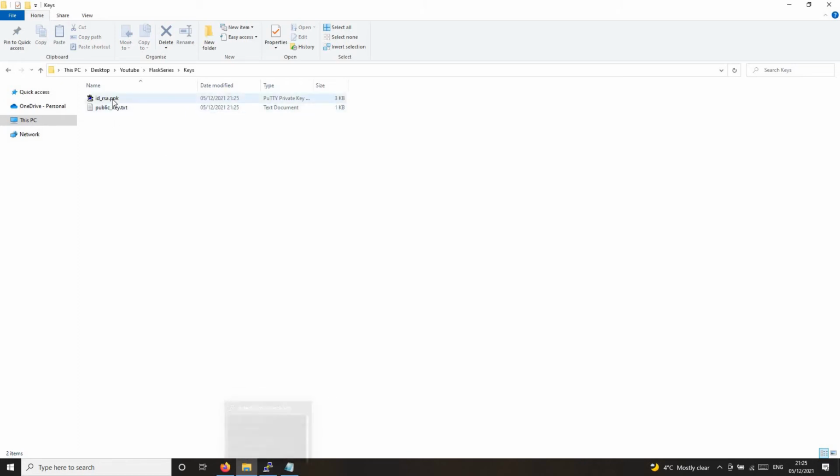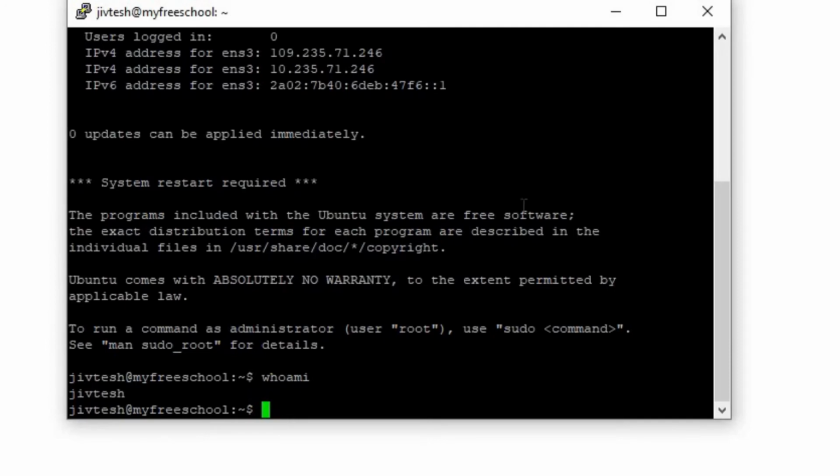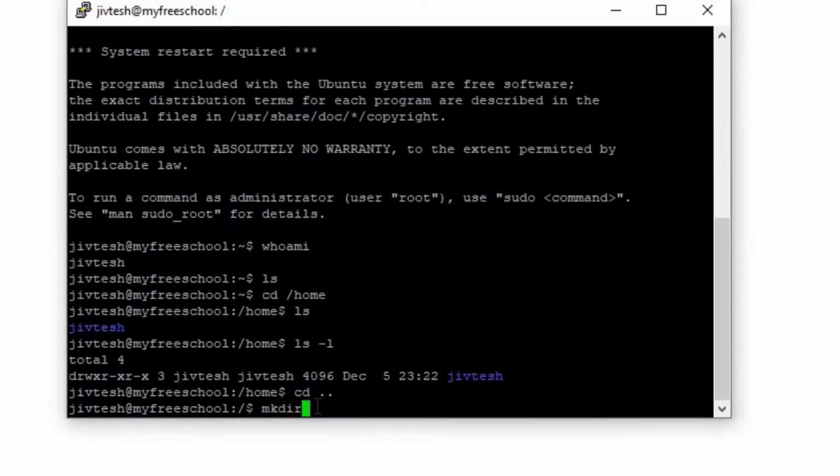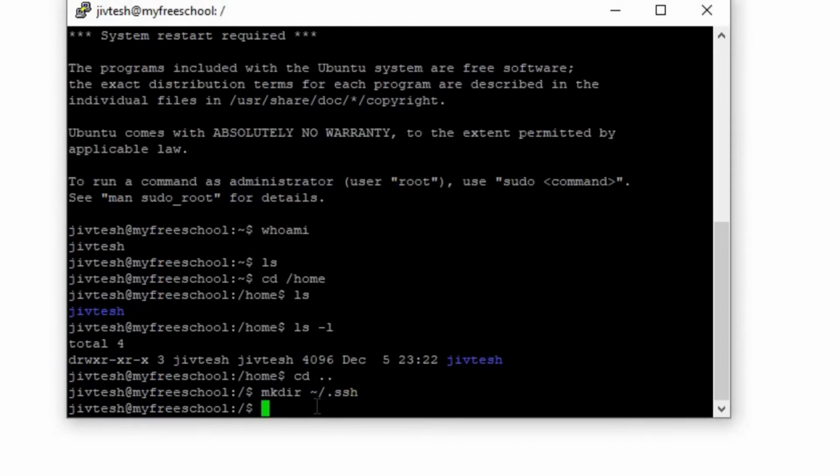Now we have created public and private key. So the private key will stay on your local machine. The public key we need to put onto the server. Make directory, and that make directory .ssh. Okay, so I have created the .ssh directory in the root directory,